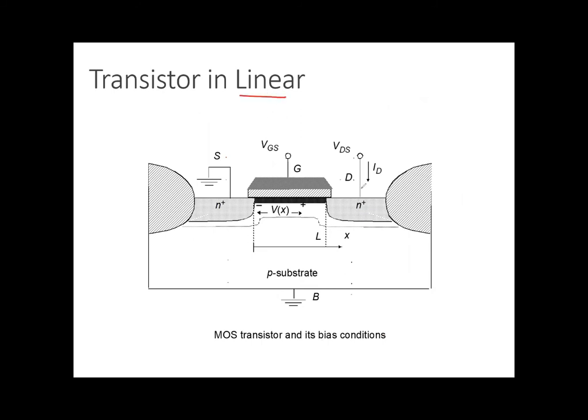So your source is grounded. We have applied certain potential on drain. So your electrons are moving in this direction, so current will be in this particular direction. This is the potential at any point X. The length of the channel is L, and this is the direction. You are applying certain potential on the gate. So gate will create a channel, and this particular potential will create electric field. So movement of electrons will be there, and current will be there in this particular direction. This is P-type substrate. This is called field oxide. This is your source, this is called drain. Okay. So let's move ahead.